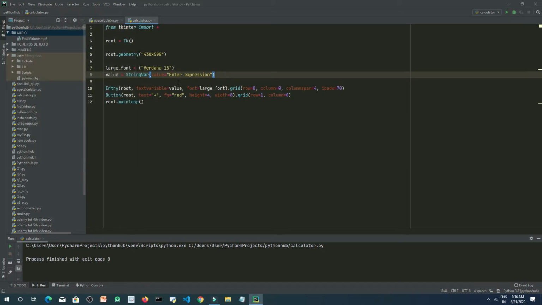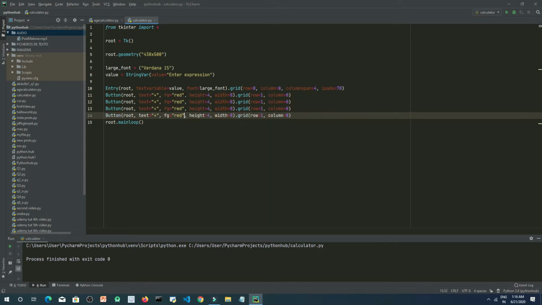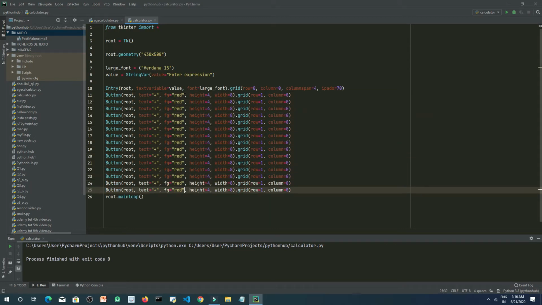So now let's create another buttons. Let's replicate them using Control D. And there are so many buttons now, so let's set them first, which we will use plus, then minus, and then it will be multiply, and at last it will be divide, right?